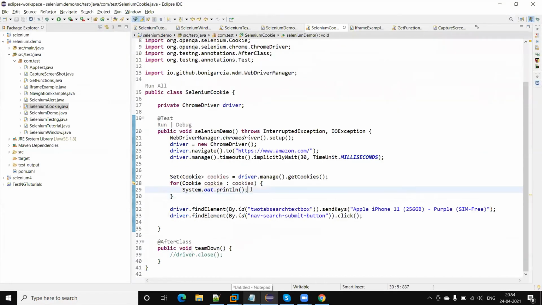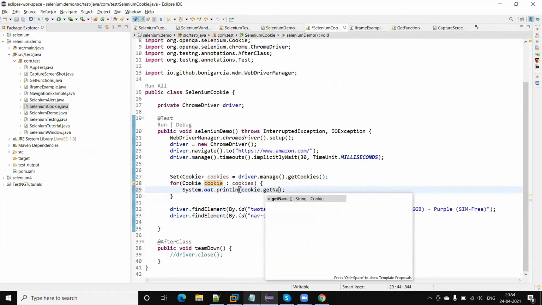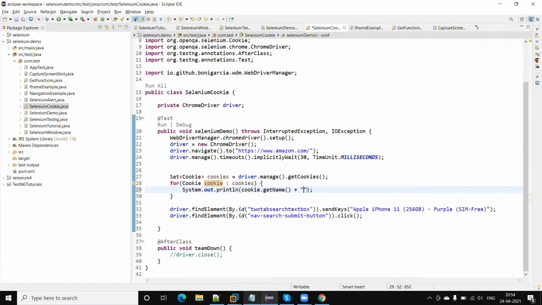A cookie has multiple methods. If you want to get the name, there is the getName method, which returns the name of the cookie.